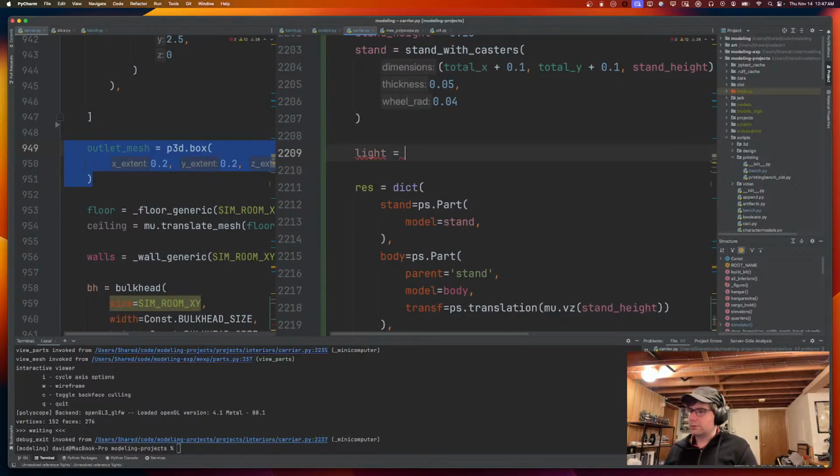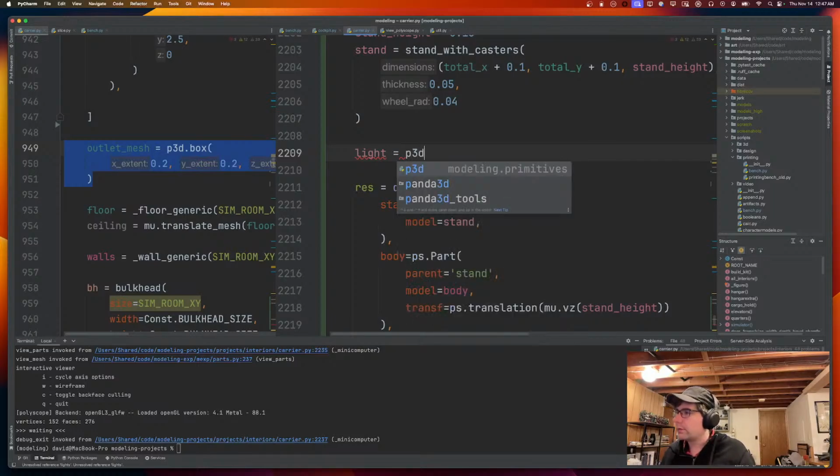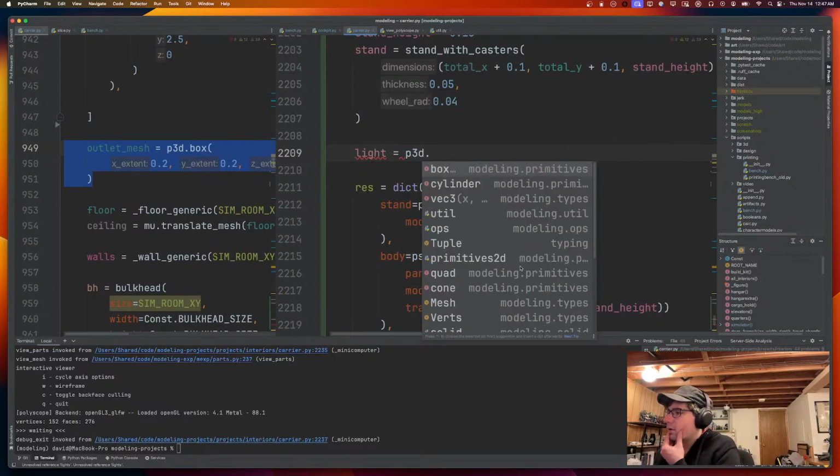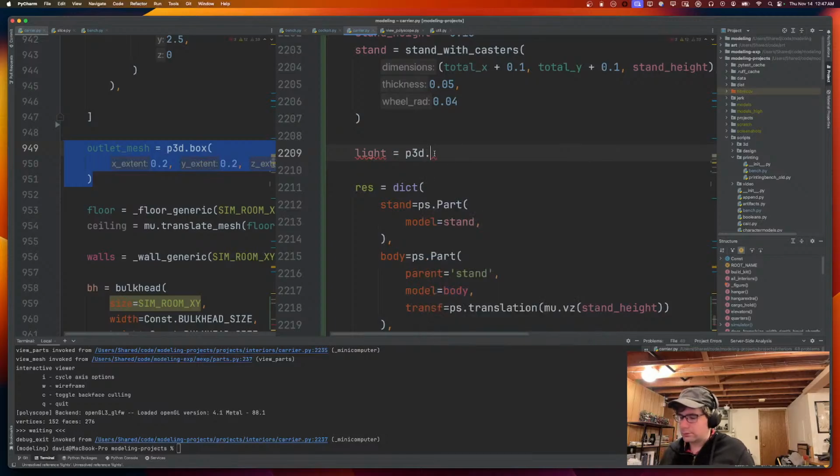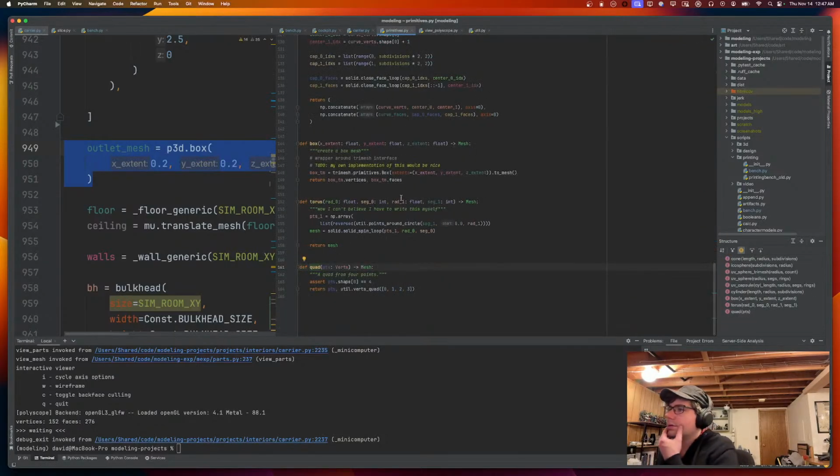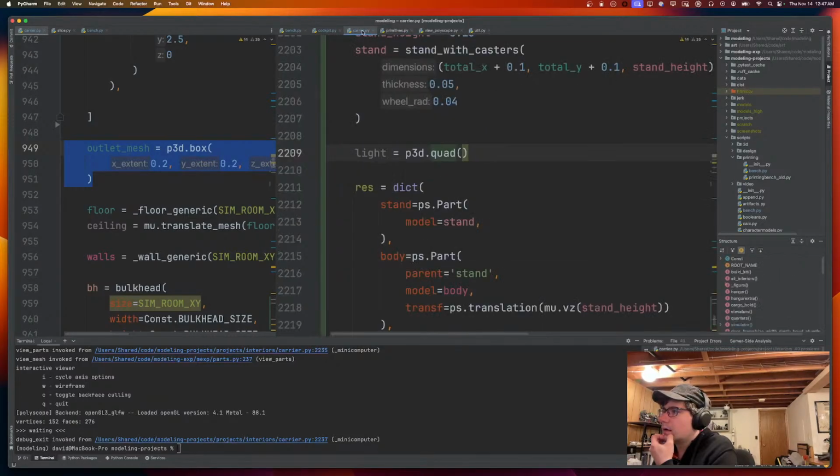So just going to be something like a little quad that's, say, maybe a couple centimeters by a couple centimeters,